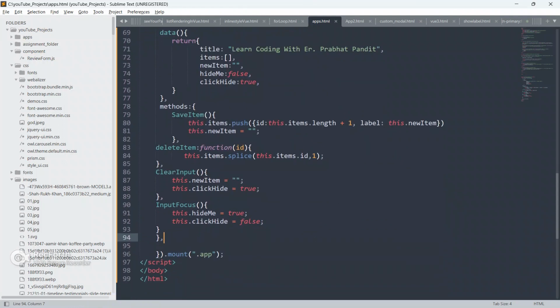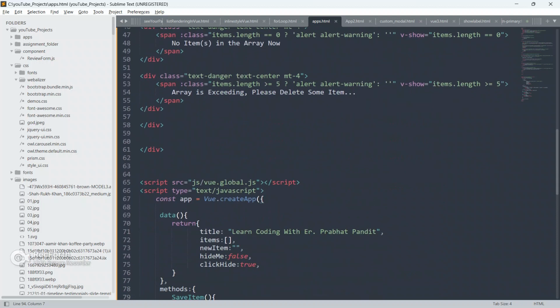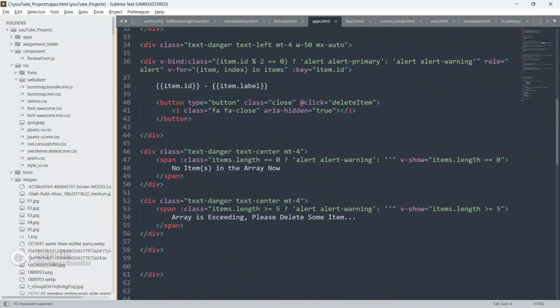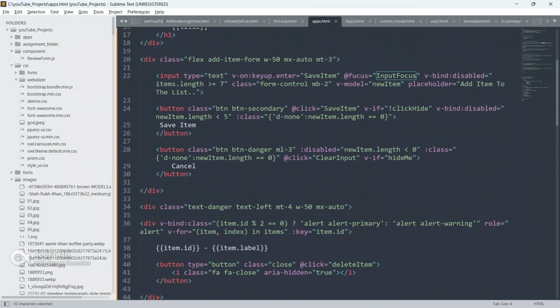Let me just check, guys, what is wrong. Clear input, input focus.